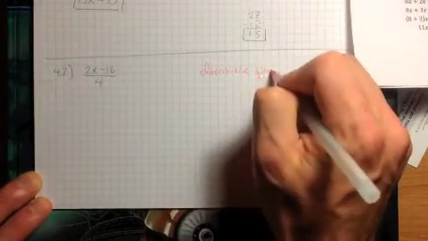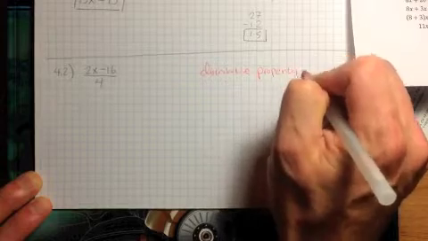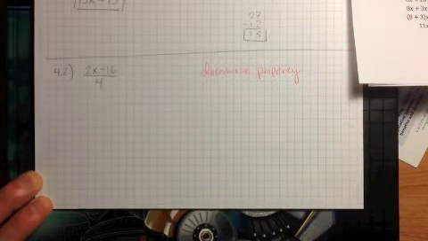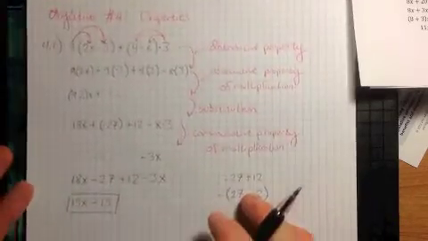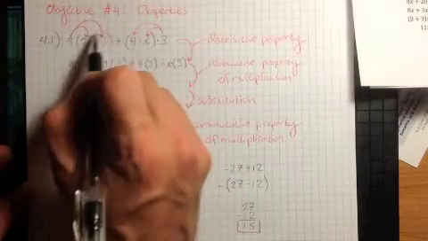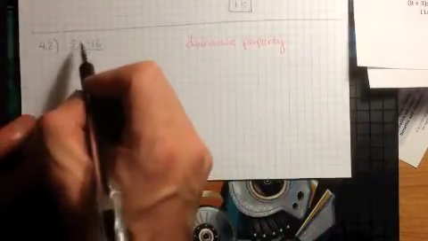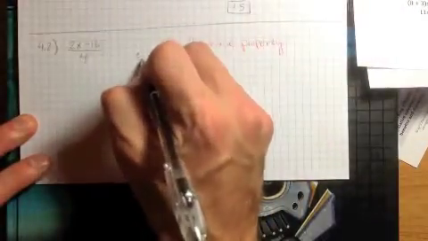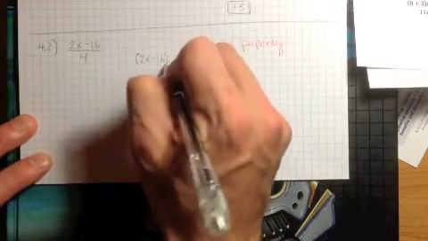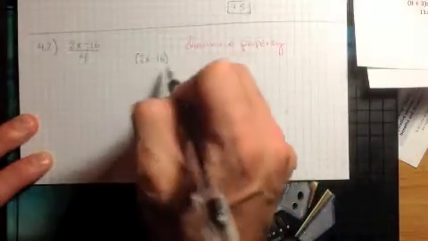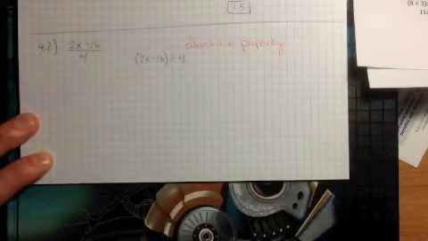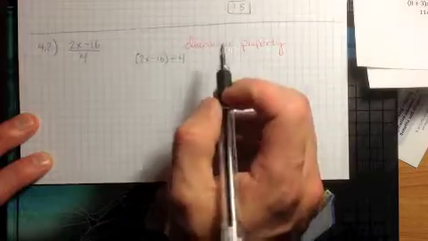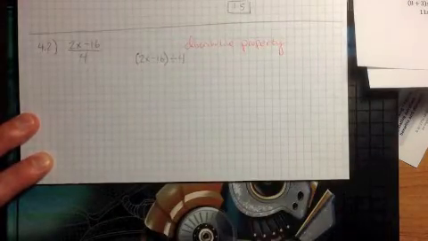The distributive property as it's applied to this problem looks a little bit different, because instead of having a set of parentheses that is being multiplied by something, basically this is what we have: 2x minus 16 in parentheses, because it's grouped together, divided by 4. That's basically what we have. And the distributive property allows us to say